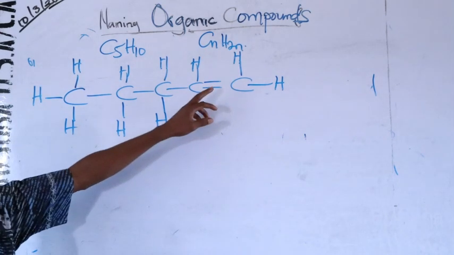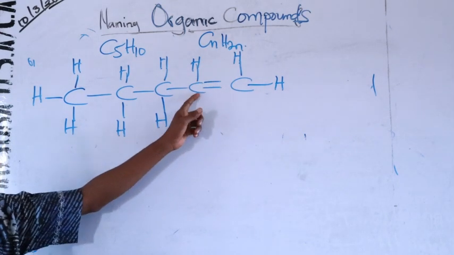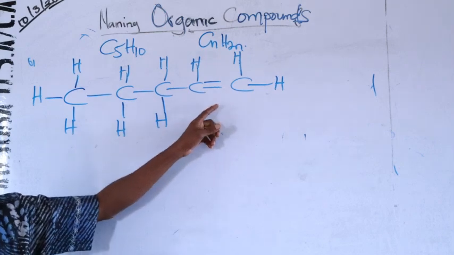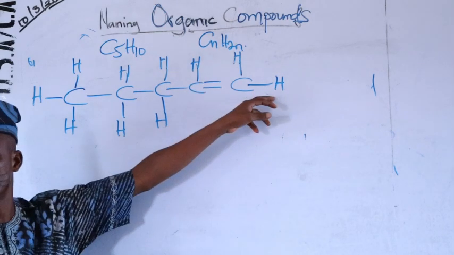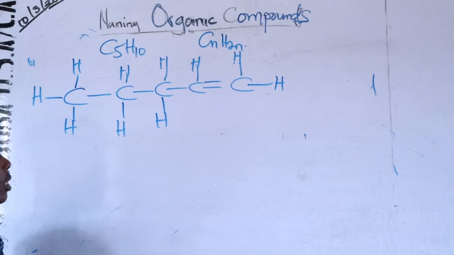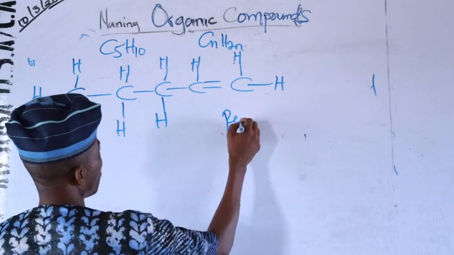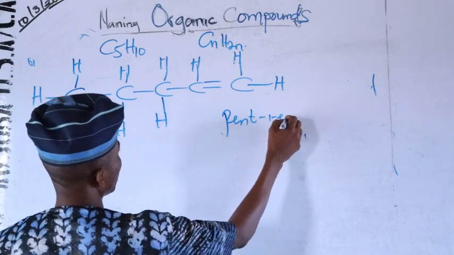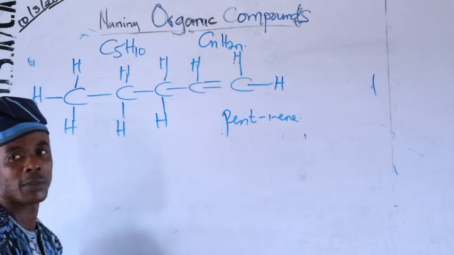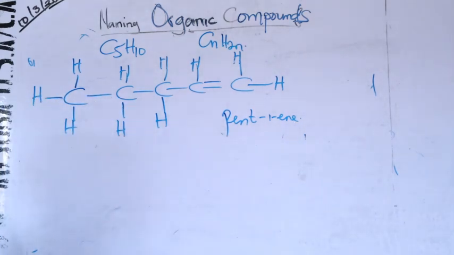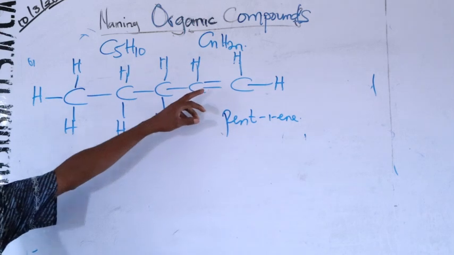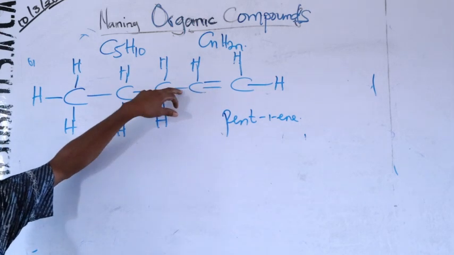You see this already has 1, 2, 3, 4. You cannot have hydrogen here. This already has 1, 2. You only have 2 bonds attached to it. So this is pentene. Is that okay? Instead of having the bond attached to carbon number 1, you can write it as carbon